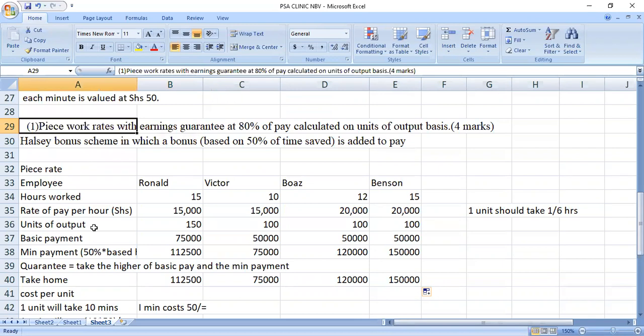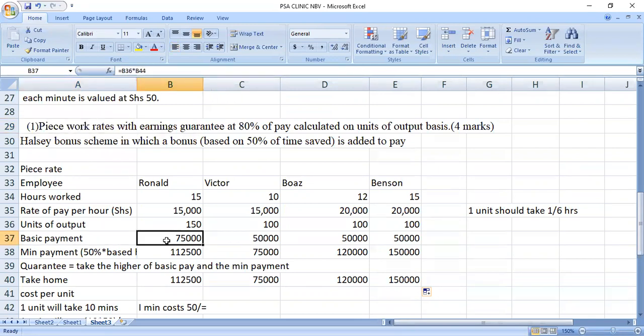The output we already computed here. We say this is what you get, and they're saying 80% is the minimum, so we'll just get 80% of this as my minimum. The whole point of the guarantee doesn't really come out well here. I was just trying to create a scenario, but as you can see, it has worked out better, that you take the minimum because it is higher than